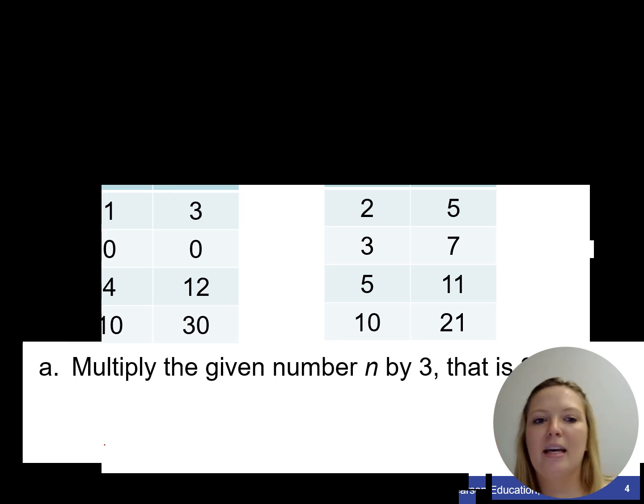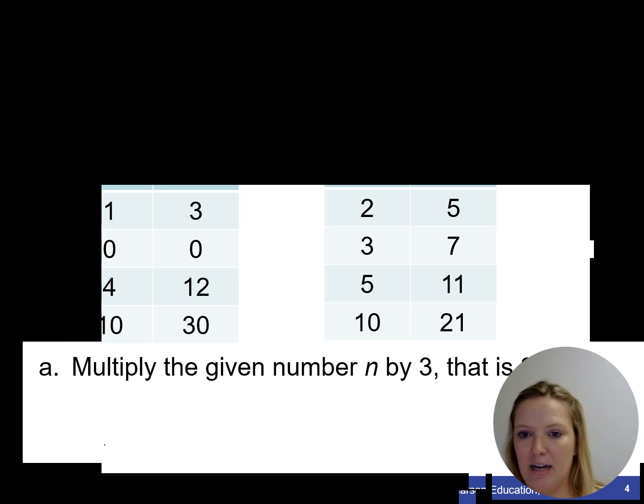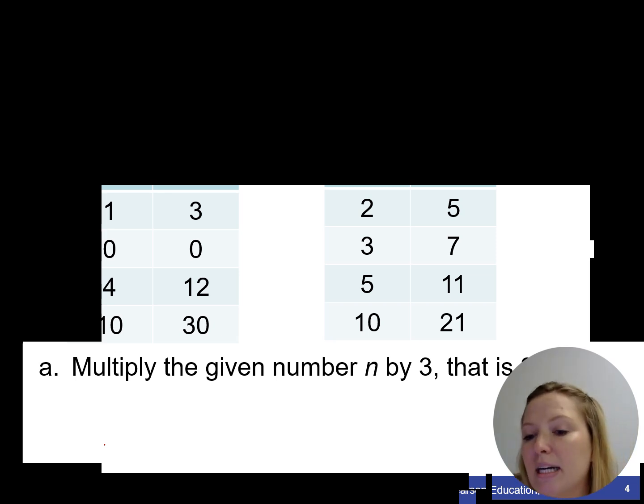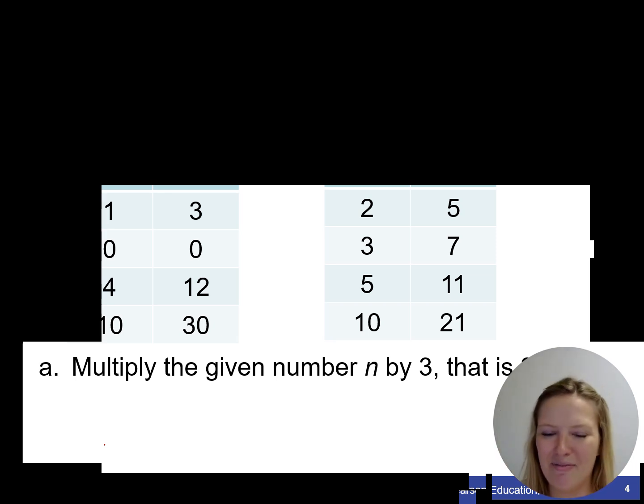All right, and then in the second rule, we have student says 2, teacher says 5, student says 3, teacher says 7, 5, 11, 10, 21. So again, I start to think, okay, well, 2 plus 3 is 5. Okay, 3 plus 4 is 7, so maybe are we adding by 1 more every time? 5 plus 5, though, would be 11, so that doesn't quite work. So we're not adding by 1 more every time. 2 doesn't really multiply nicely to get 5,